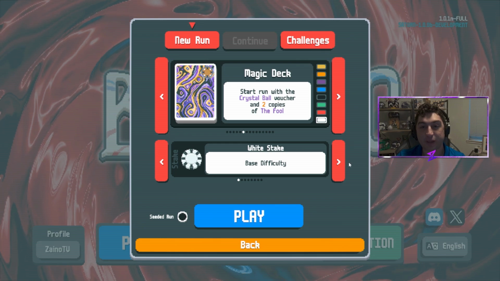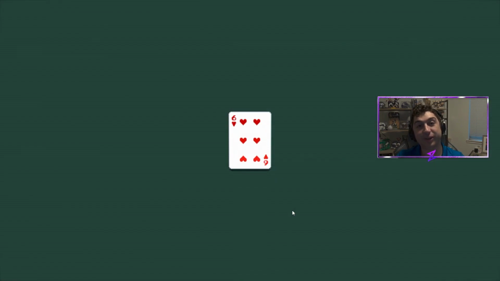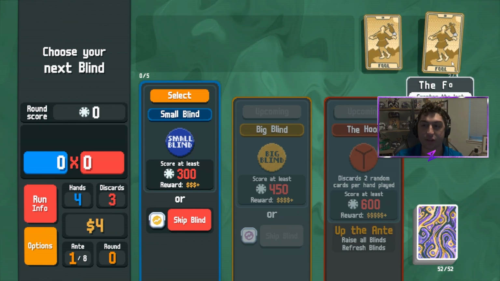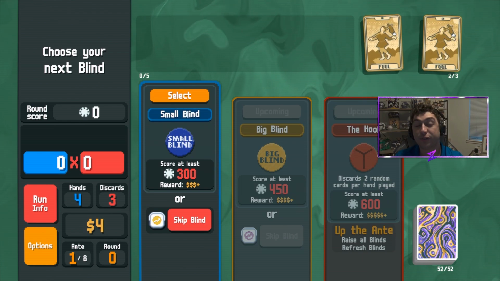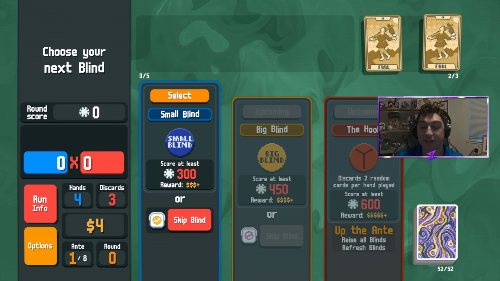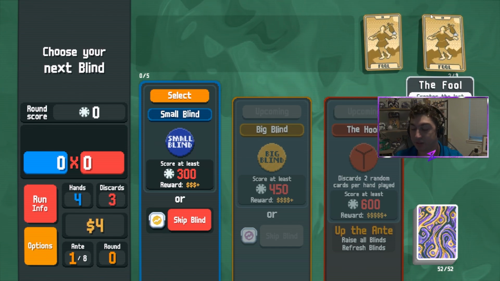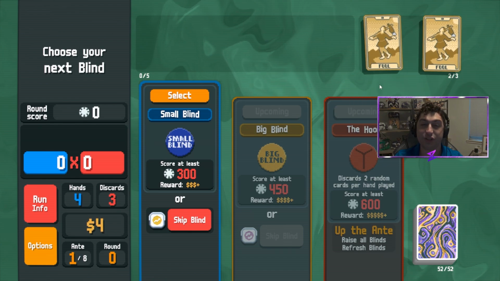I think it's become my favorite deck to play. It was my favorite early on in Balatro, and I've found my love for it again. I just love having the Crystal Ball voucher right away. First of all, it's a voucher I now don't need to get later in the game, and it gives me 3 consumable slots, and I think the coolest feature is having these 2 Fools to kind of shape your run